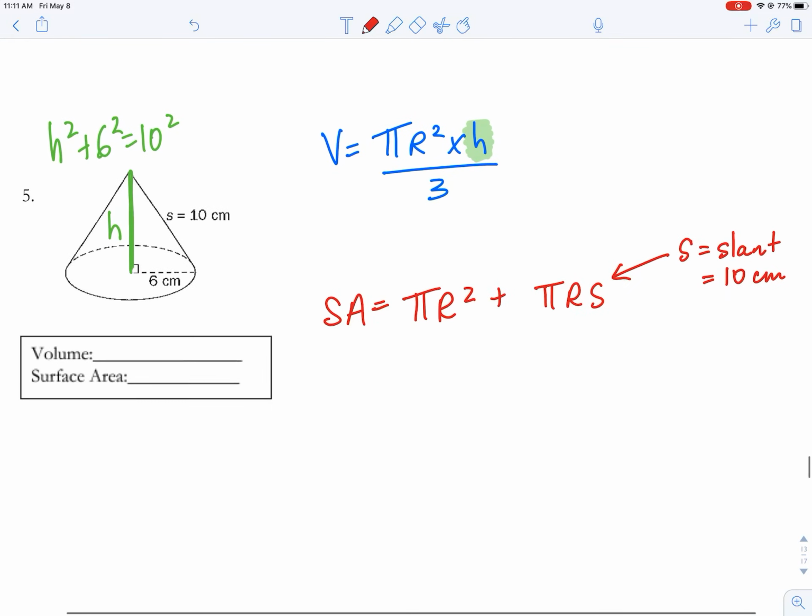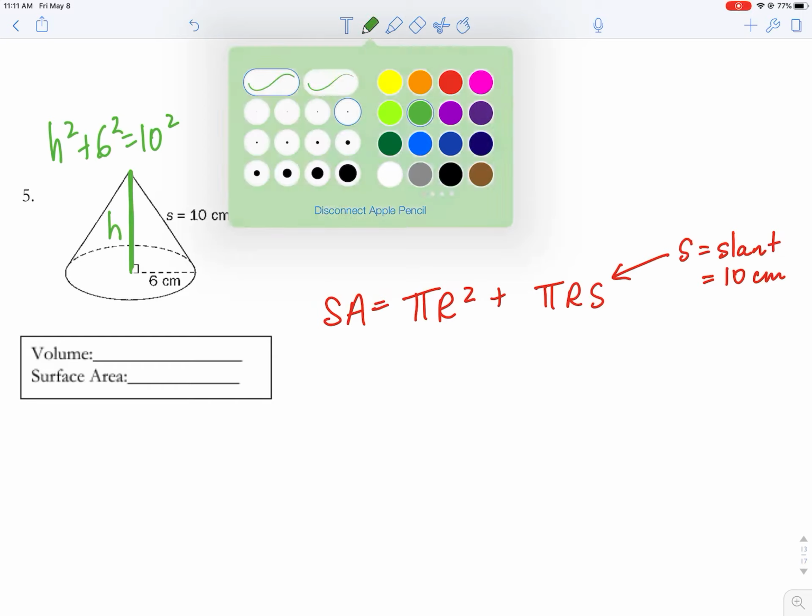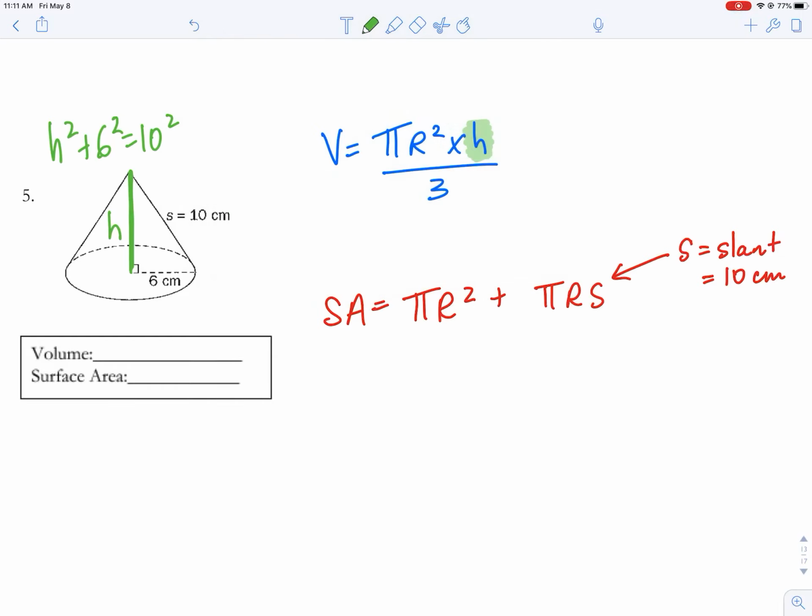Question 5, we have our first cone. So in question 5, for the volume, we're going to want the area of the base, which is a circle, so pi r squared, times the height of it divided by 3. Now the height of it, they didn't tell us, but we're going to use Pythagorean theorem to figure it out. So the height squared plus 6 squared, because it's a right triangle, is going to equal 10 squared. So that means h squared is going to equal 100 minus 36. H squared is going to equal 64. Square root both sides, and we get that the height is 8